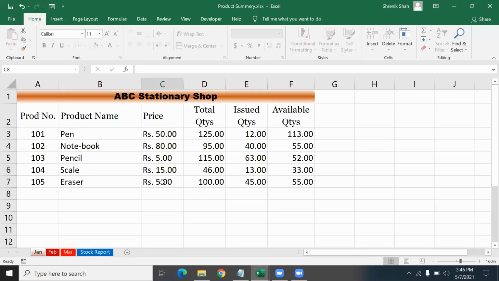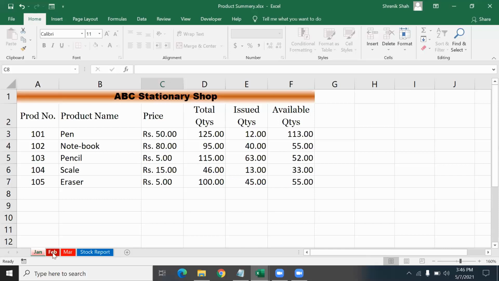After that, the price, and the currency note also you see, it's a rupees note. The total quantity is given, issued quantity is also given, and now you are going to calculate the available quantities. Remember, after typing total quantities and issued quantities, you calculate the available quantities.